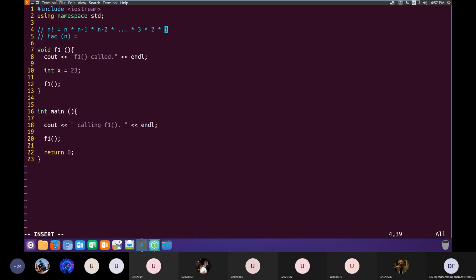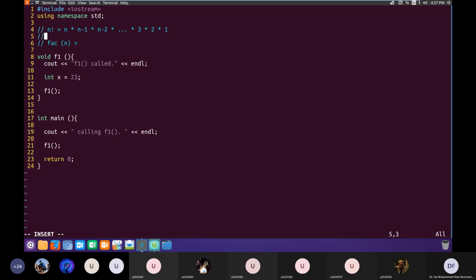This is a general definition, but we can define this problem of finding the factorial recursively. So n factorial can be written as n multiplied by n minus 1 factorial.